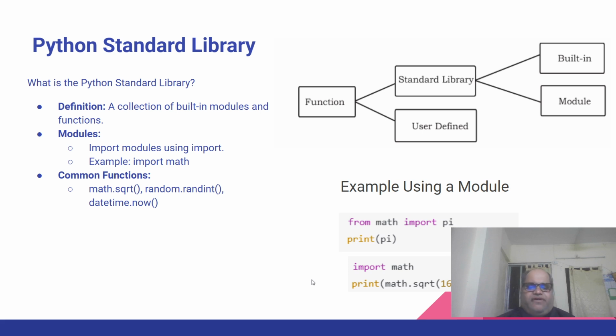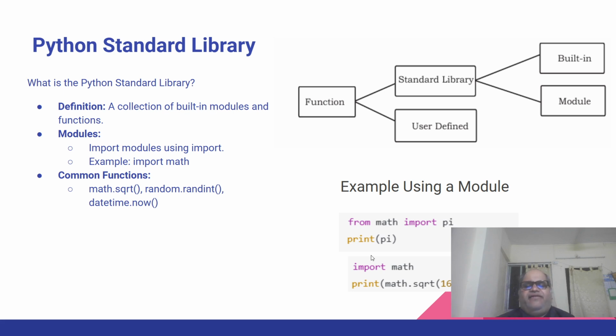Now let's talk about the Python standard library. The Python standard library is a treasure trove of built-in modules and functions that make programming faster and easier. For instance, the math module provides mathematical functions like square root, and the random module allows us to generate random numbers. There are several commonly used Python standard libraries, and in the appendix below, we will see several uses of it. Some of the common functions that you might be using are math.sqrt,